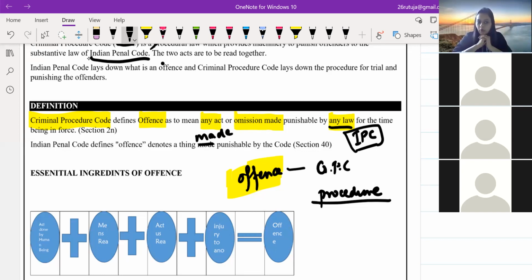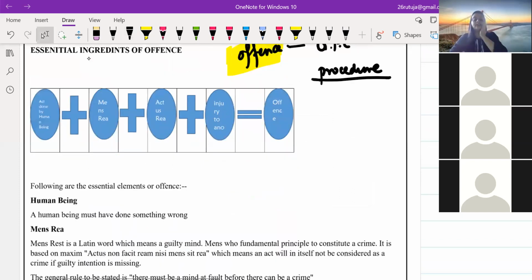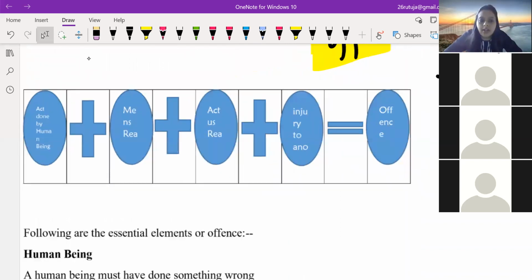definition में include करेंगे. Okay, so now what we have done in order to understand the term offense, we have seen what is its definition under CRPC and also seen its definition under I.P.C. इसके अलावा उसका बाकी कोई भी interpretation नहीं हो सकता है. No other definition for the word offense. Right? These are the only two possible definitions. So from these two statements under CRPC and I.P.C, you come at a very important conclusion which says that essential ingredients, I'll just zoom in a little. So essential ingredients आपको मिलते हैं.